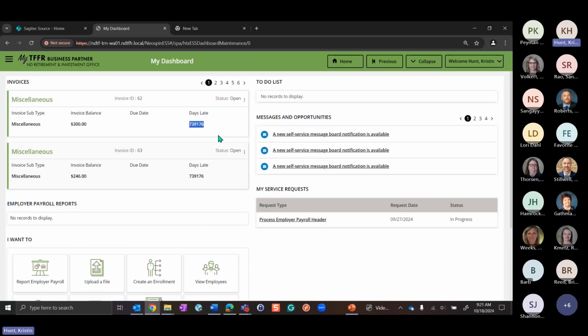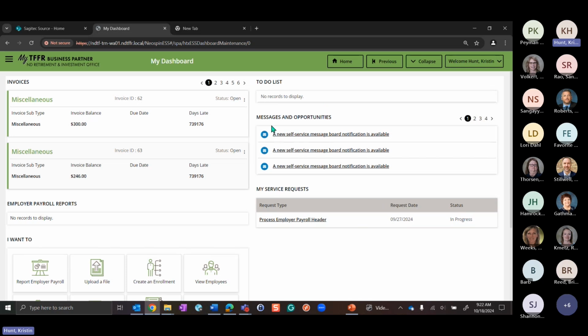The next thing, I don't have anything here, but this is the to-do list. If I had some open action items as the employer, this is where I would view them. It would be something like, you have an employer payroll report that's due, and you would see that. I'm trying to think of another example, but basically think of it as the action items that you need to do. It's your to-do list. So you can come in here and view those things that are ready, like, okay, I've got to get on that. That's what I need to do. That would be visible here.